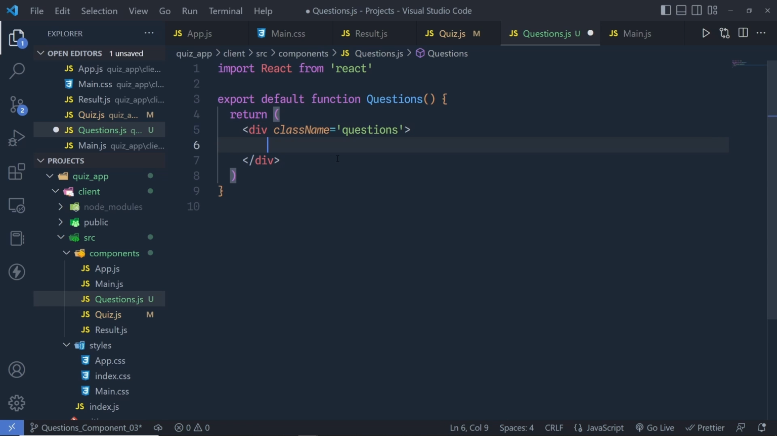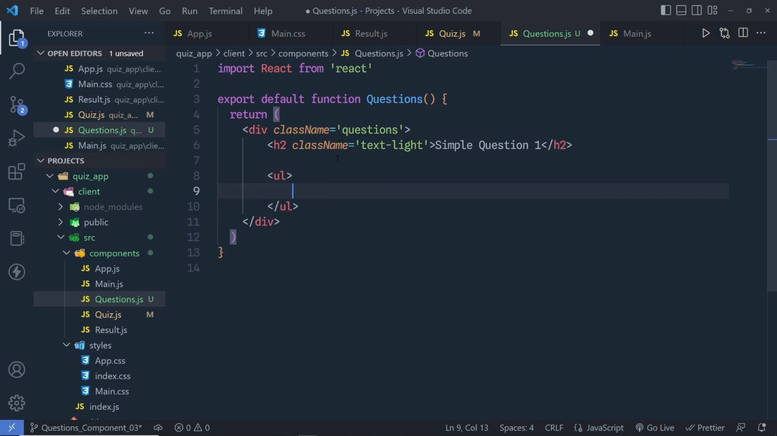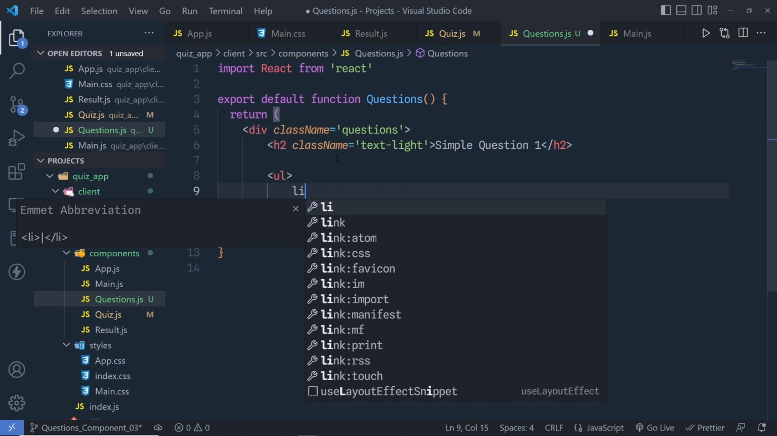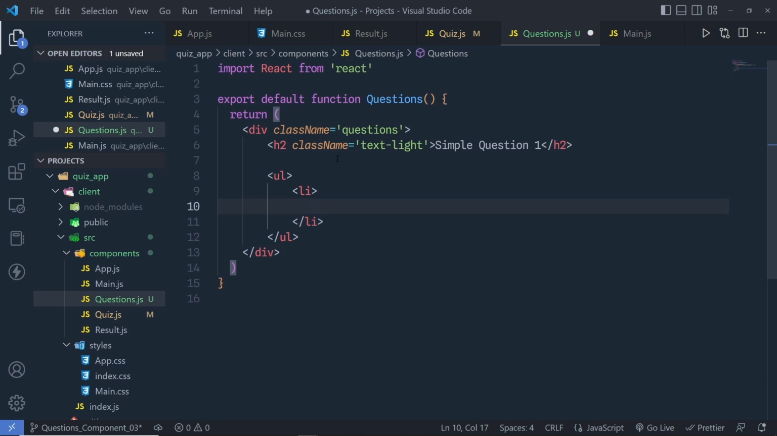Inside this div, here I'm going to add a h2 heading tag and then specify here class name. Class name is going to be text light. Then inside this h2, I'm going to specify here a question. So just for now, I'm just going to say here simple question 1. So this is just a demo text, and just out of that, here I'm going to add UL tag, and inside this UL, I'm going to have the li tag, and inside this li tag, I'm going to have my